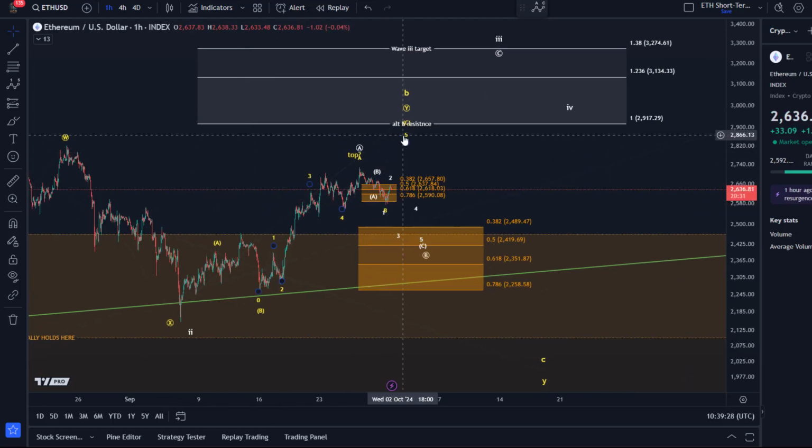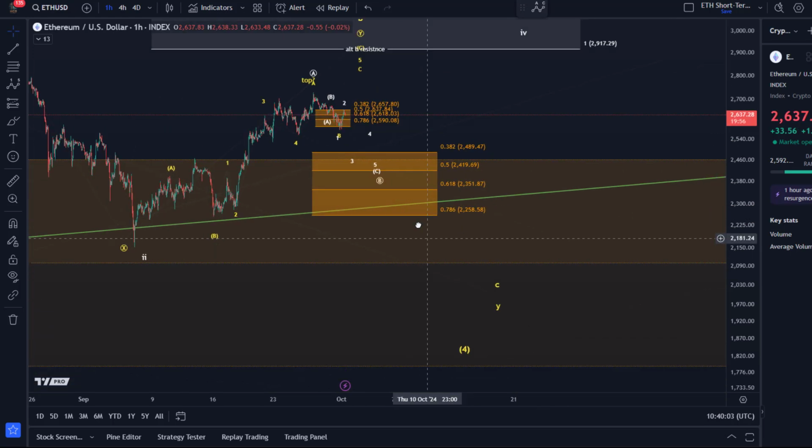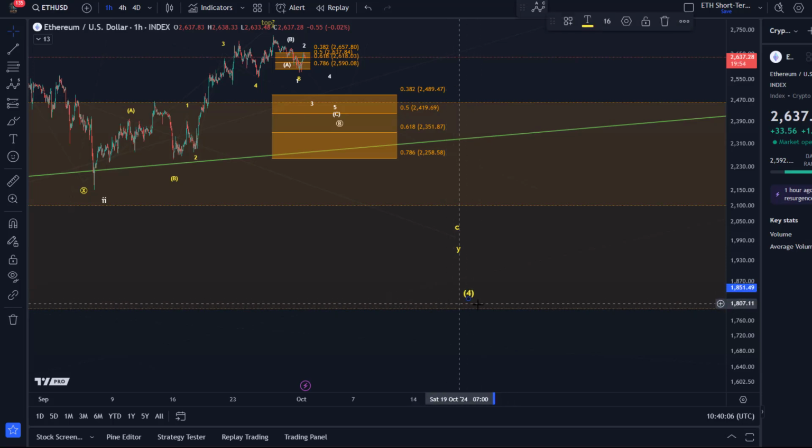So on the micro level, it's between yellow and white. Yellow is short-term bullish, but there isn't really much scope for a rally, I think, at the moment. So it would only be one more high, maybe. But afterwards, a larger dip, a larger correction, or that larger correction is already unfolding. And once we arrive in this support area, which is defined between 2,258 and 2,489, that is when we can watch for a reaction and a possible start of wave C. In addition, there is probably going to be some support from the trend line here. But any break below 2,258 would indicate we're heading towards that $1,800 mark.